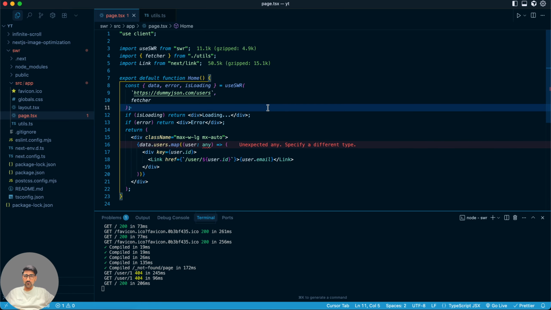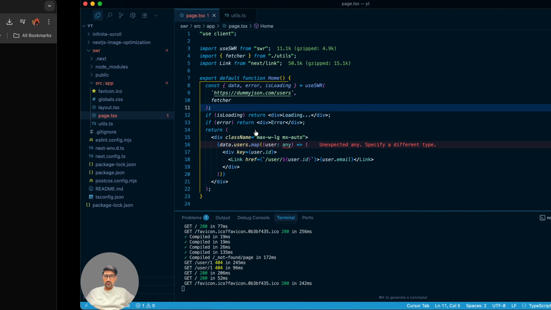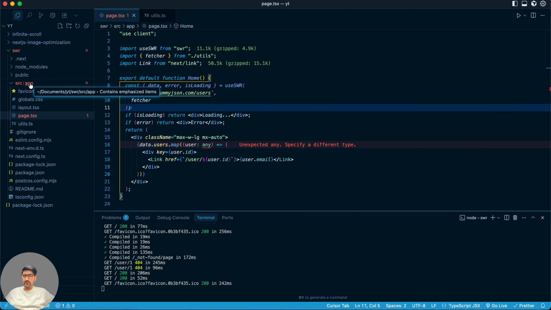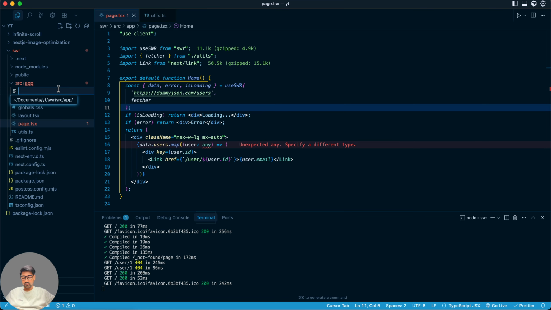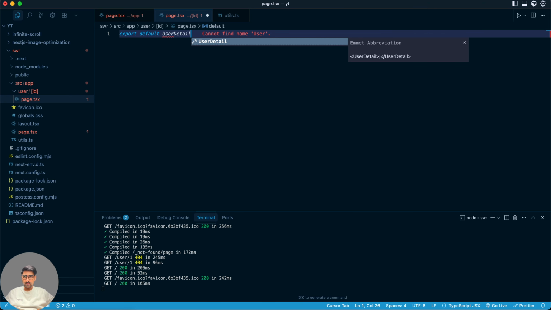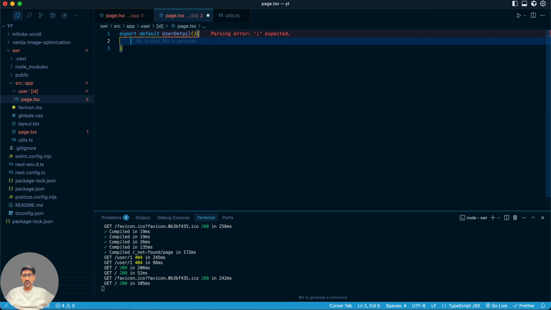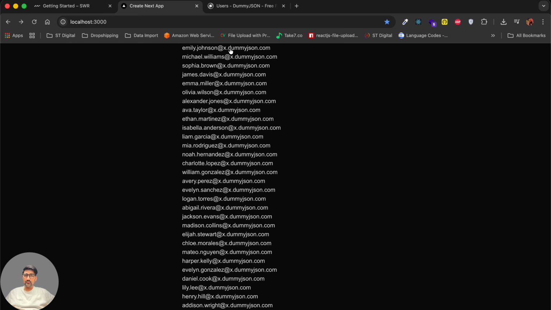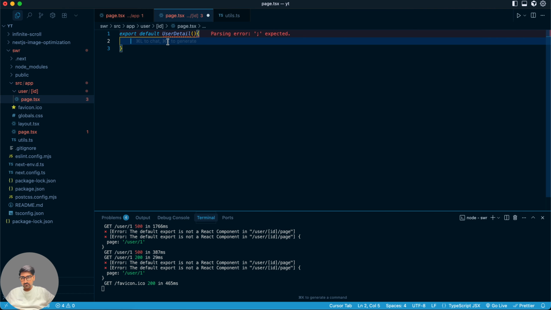Now, let's create a page as well for the user detail. File user slash id slash page.tsx. User detail, and we will need this id as well. Const id, sorry,